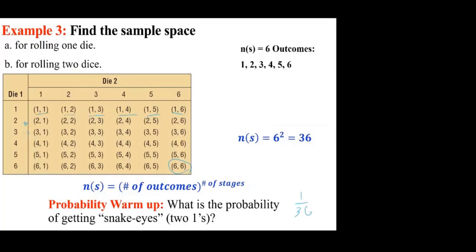The probability of an event is n of A over n of S. So the number of ways event A can happen over the whole sample space. Event A, in this case, there's only one way, which means 1,1. There is no other way. So there's only one outcome. The numerator is 1. And how many outcomes total? 36. And we're done. All right, let's move on.